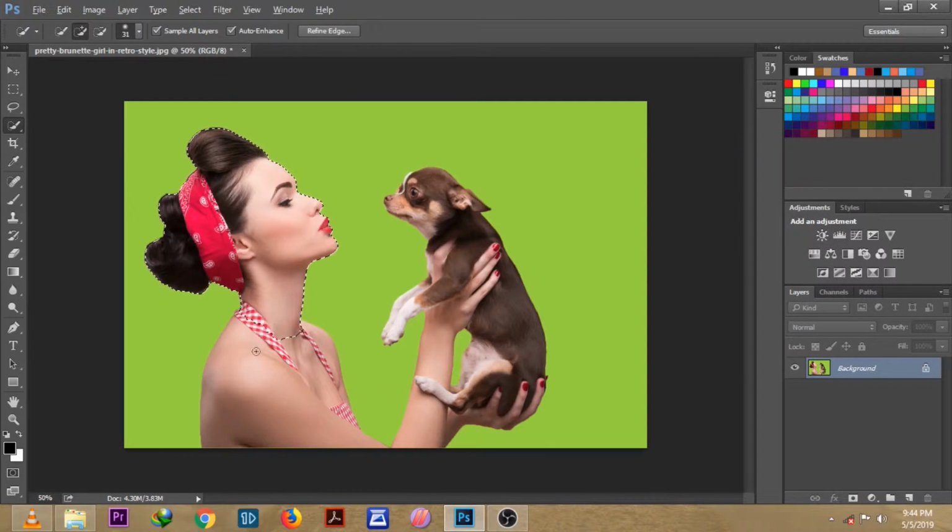Okay, this way. Now select the rest of the image. Okay, just now let's select the left portion of the dog. Okay,